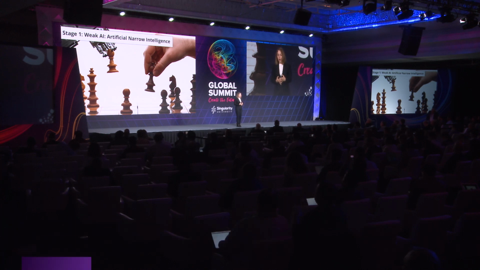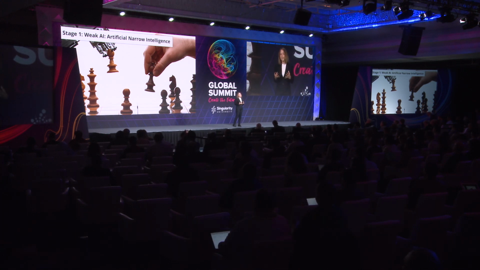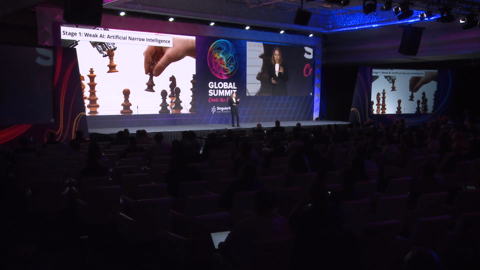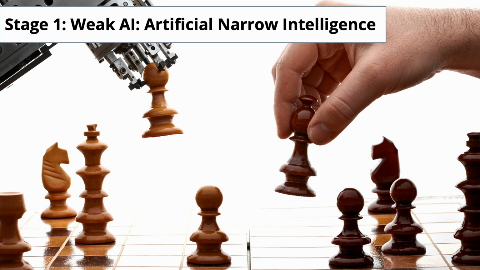Today, we're going to be focusing on the kind of AI that is being used in business today and how you can use it. So I'm going to go through the 3 stages of AI in this talk, but we're going to be really focused on this first stage of AI, which I like to call weak AI or artificial narrow intelligence. So when it comes to artificial narrow intelligence, you have an AI algorithm or model that you can teach to